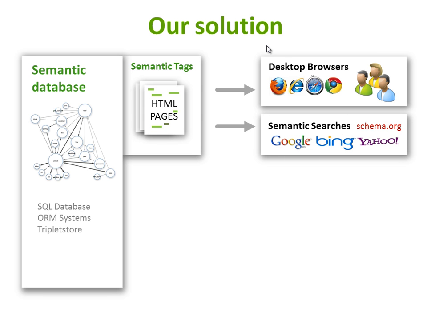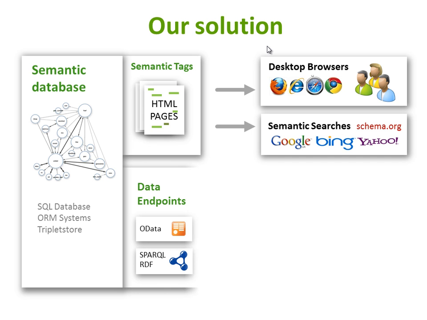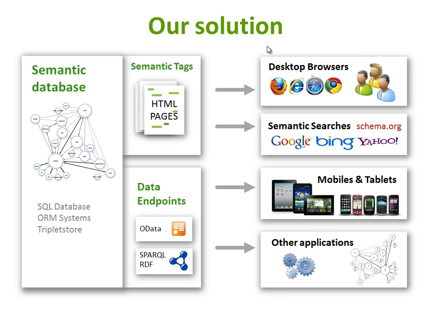Which improves visibility in search engines, and that also implements and integrates with all the new standards that are coming now from schema.org and the content types there. We're also able to automatically provide the data endpoints that you can use to integrate with mobile applications and other